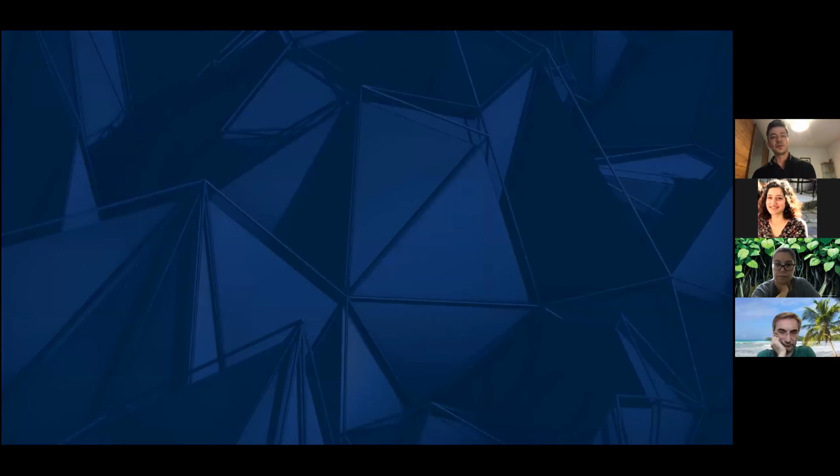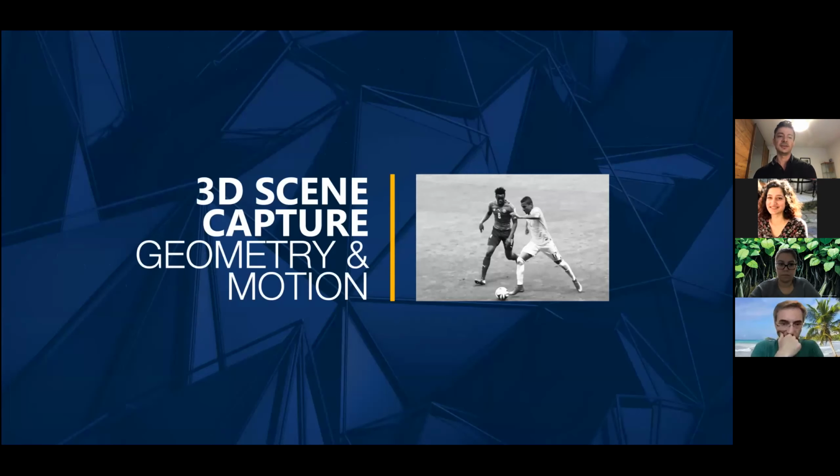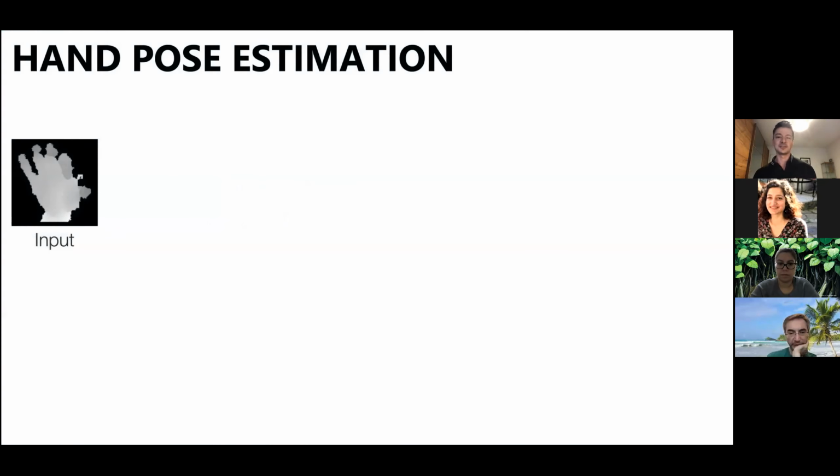Before going into a couple of these boxes, I wanted to briefly talk about a particular application. It's 3D capture, especially capturing human bodies and objects related to human bodies. And of course, when you talk about human bodies, the first important object is hands, and the other one is faces. So I wanted to give you an idea of how these systems look by talking a bit about hand capture, hand pose estimation in particular.